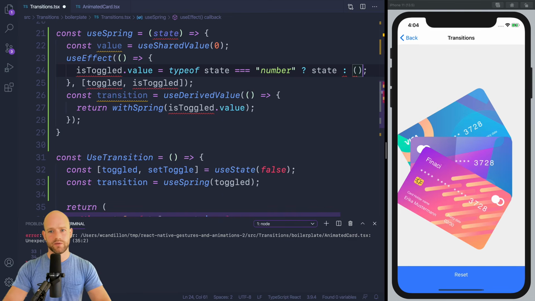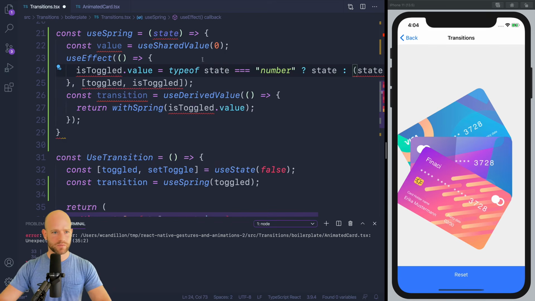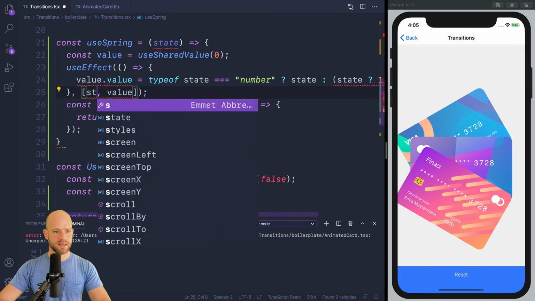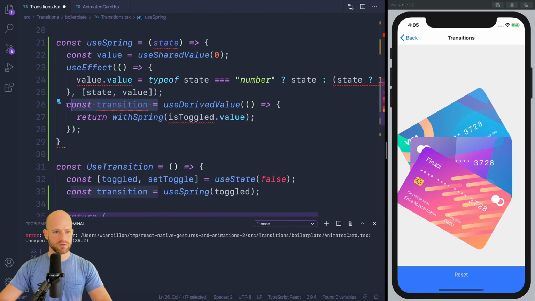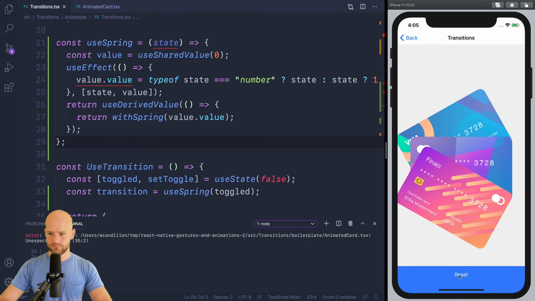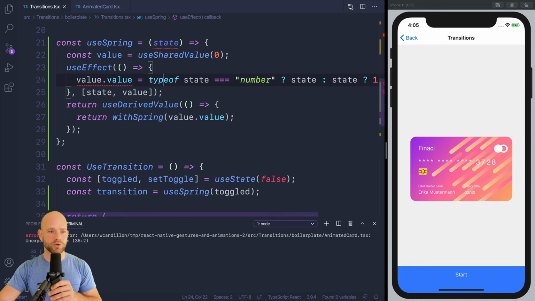If not, it's a Boolean, and we need to do 0 or 1 depending on if it's a Boolean or not. So then we do state is 1 or 0. So this one becomes value state, and we return the transition. So the nice bouncing effect. So we have built useSpring